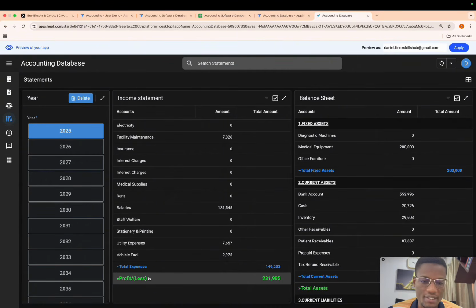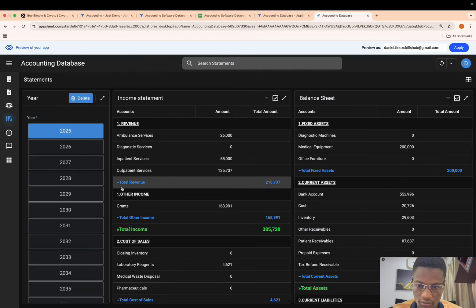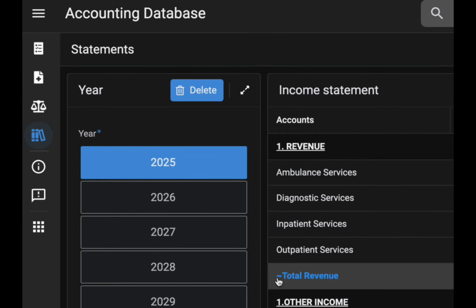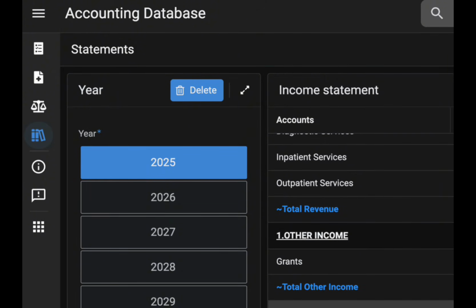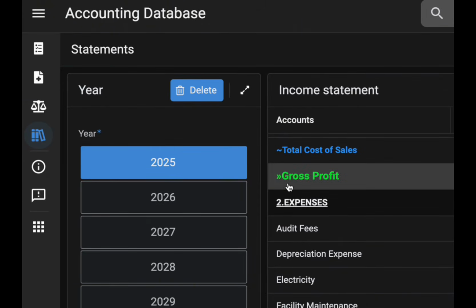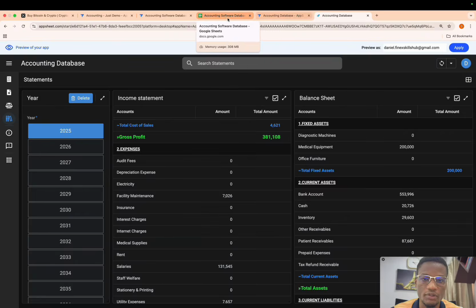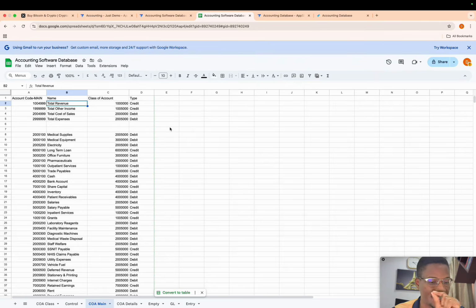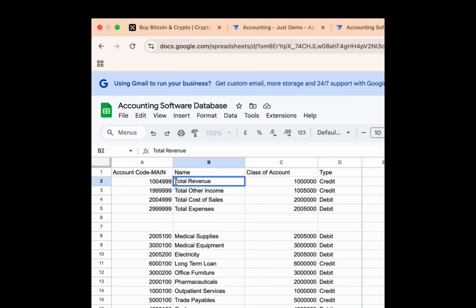Good. Now you'll notice that for each of the total, or the subtotal in this case, there's a tilde. Okay, this tilde helps us to sort so that the totals are always at the bottom. Is that okay? They always remain at the bottom. And then the grand total is also indicated by this sign, which has a lower sorting order than the total with the tilde. Good. So those are just to help us identify the totals and also sort them so that they're always at the bottom. So I'm going to come over here and then just bring the tilde for each of them.